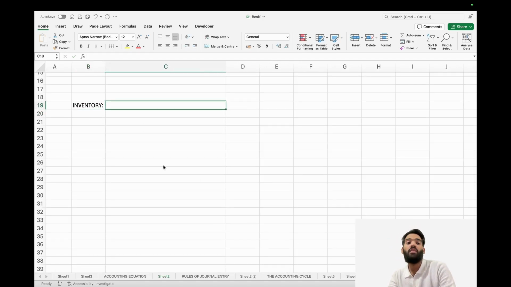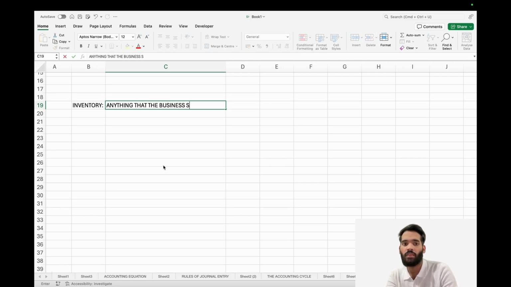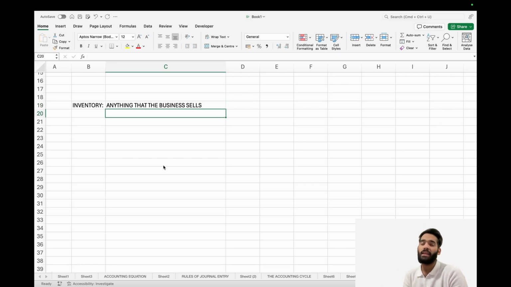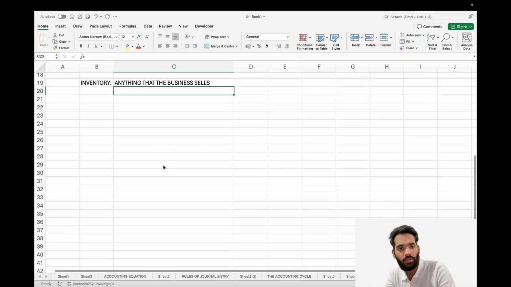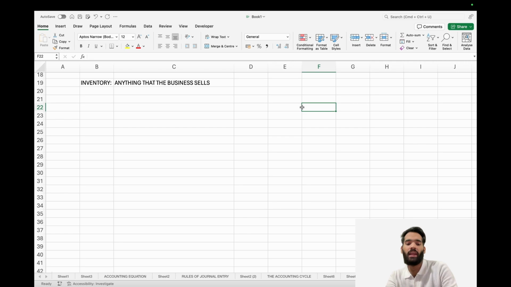So inventory basically refers to anything that the business sells. For example, if I have a business of selling calculators, calculators are inventory for me. If I have a business of selling cars, cars are inventory for me. So inventory is whatever you have a business of selling. So what will happen is, you will be given a value. For example, let's say,